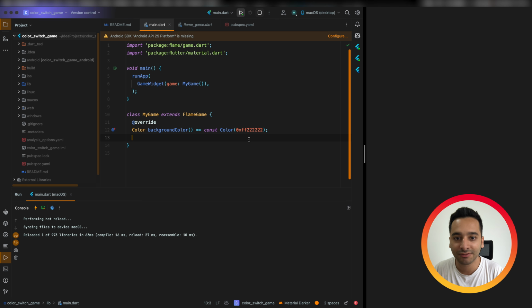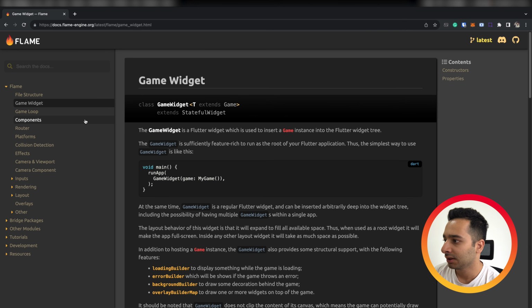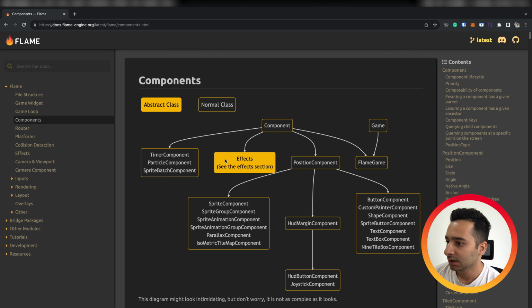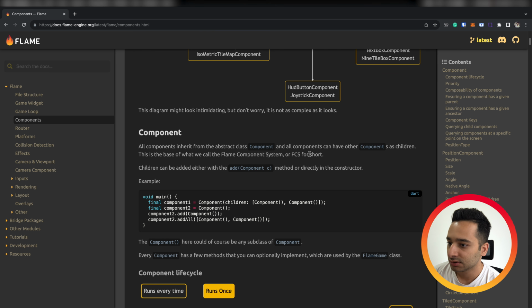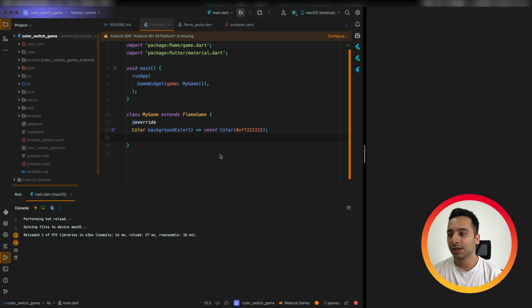In Flame, we have components, and they call it Flame Component System, FCS in short. So if you open the components, yes, you see that it calls Flame Component System, FCS. So what is a component? A component is a piece of your game. For example, if you have a player that moves, it can be a component.